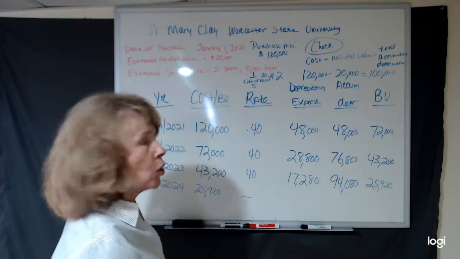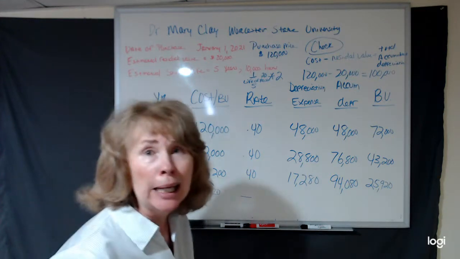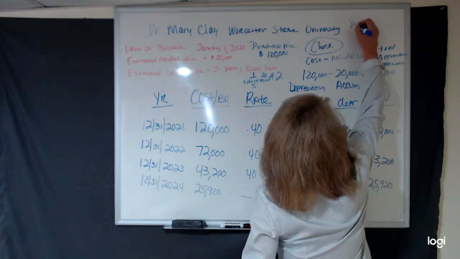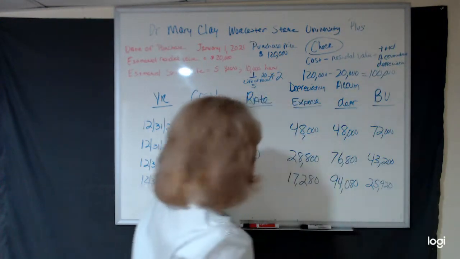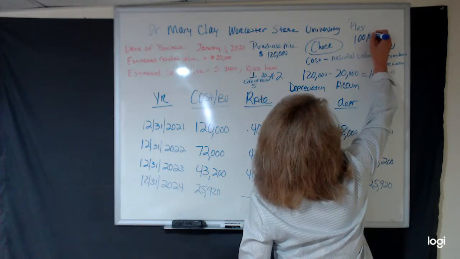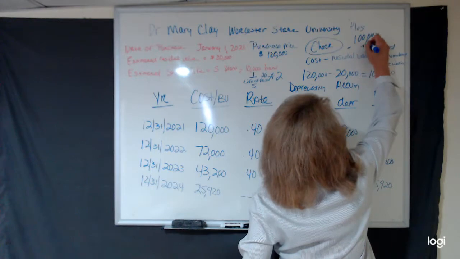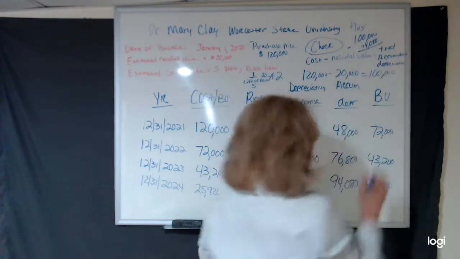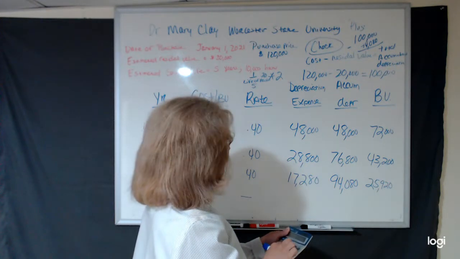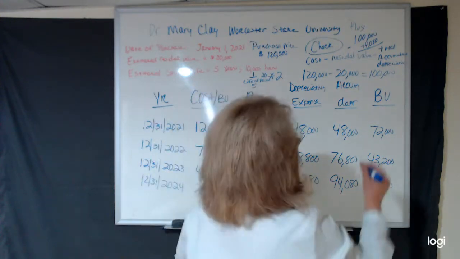What am I going to do? I'm going to plug the number, all right? So let me show you how to do the plug. I ran out of room. All right, so the plug is way up here. I hope you can see it. All right, I'm going to take 100,000 minus 94,080. Okay, so I take 100,000 minus 94,080, and that gives me